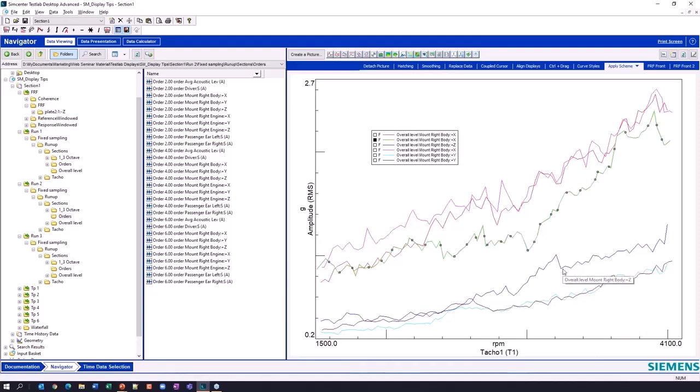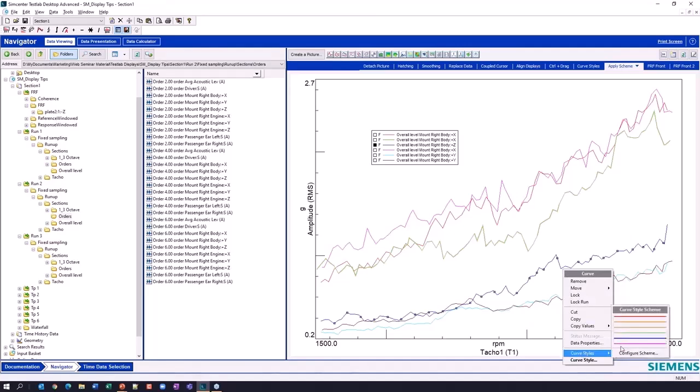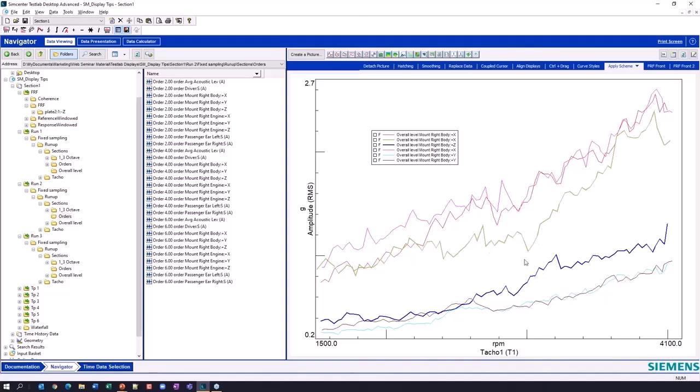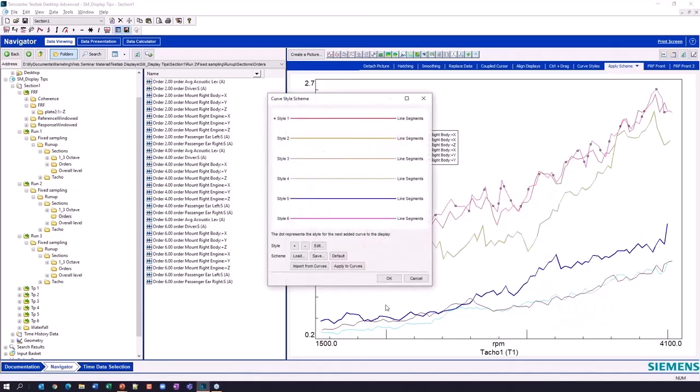And I can just apply it one by one because I've loaded that rainbow scheme. I can just sort of select one by one. So let's say for some reason I wanted blue and green to stick out. I can just apply those schemes on a curve by curve basis, or certainly go in here and apply the scheme all at once.